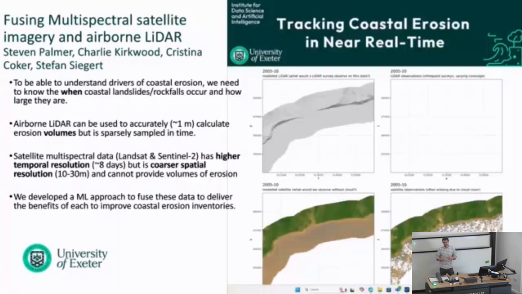But the LiDAR survey is expensive to collect. It's only collected every couple of years or so, depending on which part of the coast you're at, and this is in the UK. Other parts of the world maybe never get a LiDAR survey. So ideally, you'd probably have a LiDAR survey every day, and then you could just monitor all the changes that